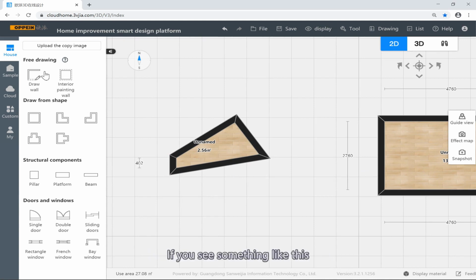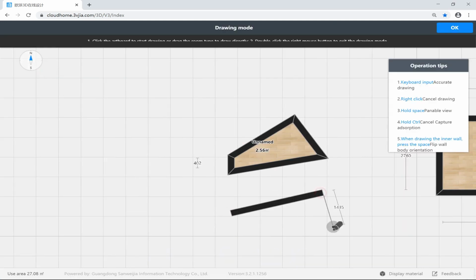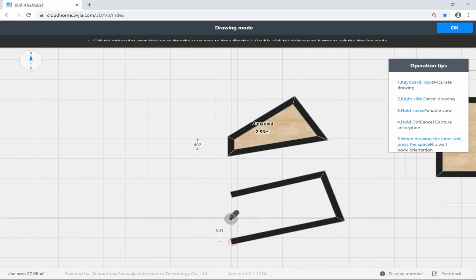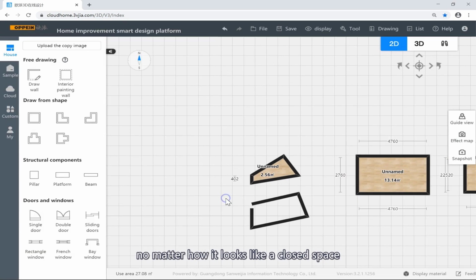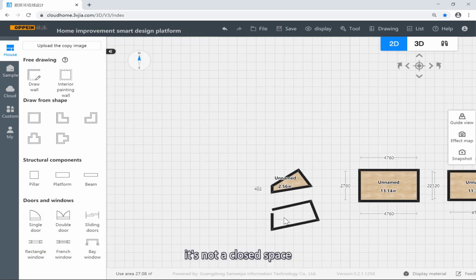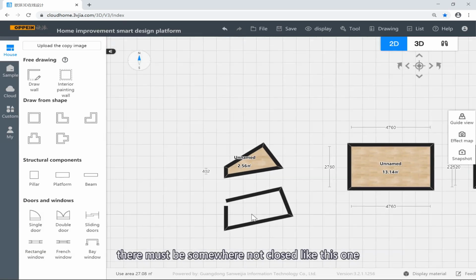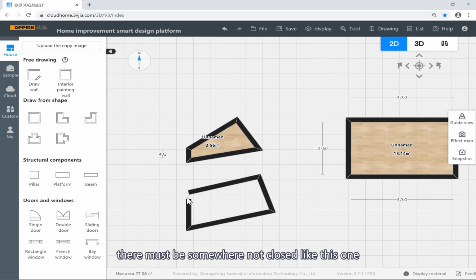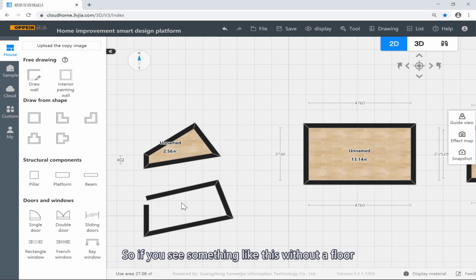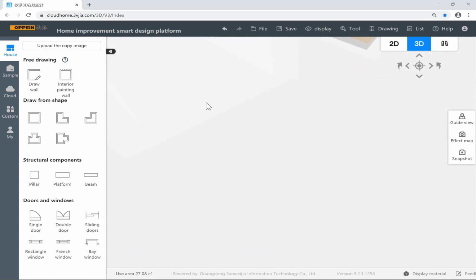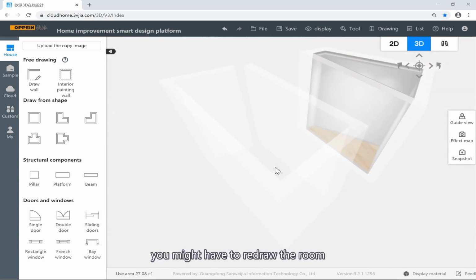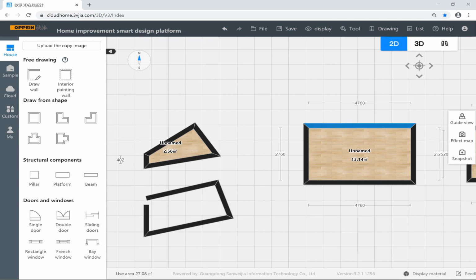space. So if you see something like this, even if it looks really like a closed space, it's not a closed space. Okay, so there must be some gap that's not closed like this one. All right, so if you see something like this without a floor, you might have to redraw the room. Okay,